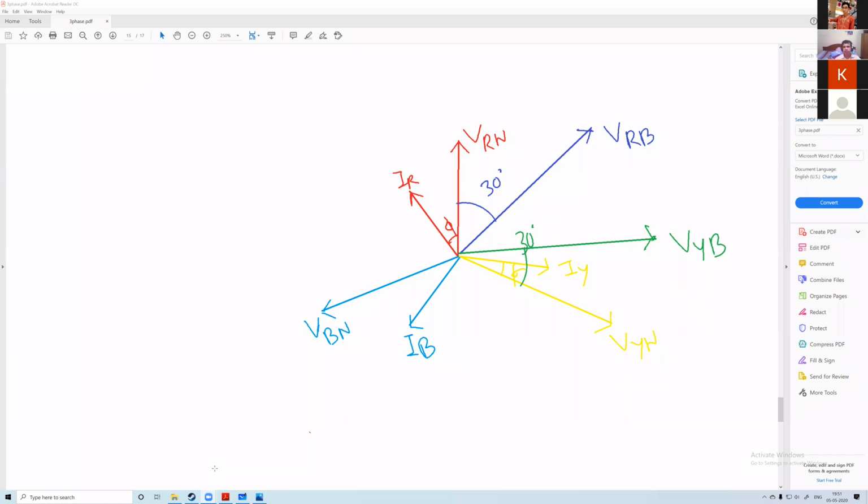Anybody? Very simple. What is the problem? At least try. The person who is drawing, you can draw the answer, no problem. But tell the name. What will W1 read? Wi-Fi.